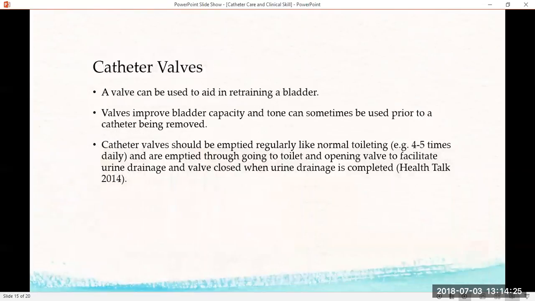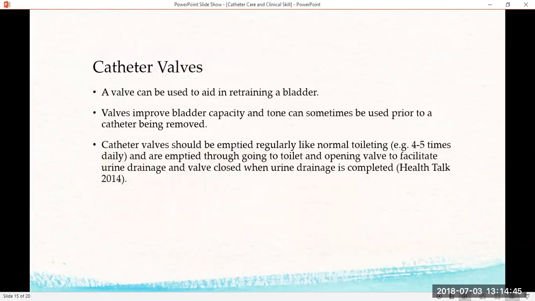So we also find out in practice is catheter valves. And the valves can be used to help in retraining the bladder. Valves improve your bladder capacity and also the tone of your bladder. So this can be used sometimes prior to catheters being removed to try and train your bladder back into a